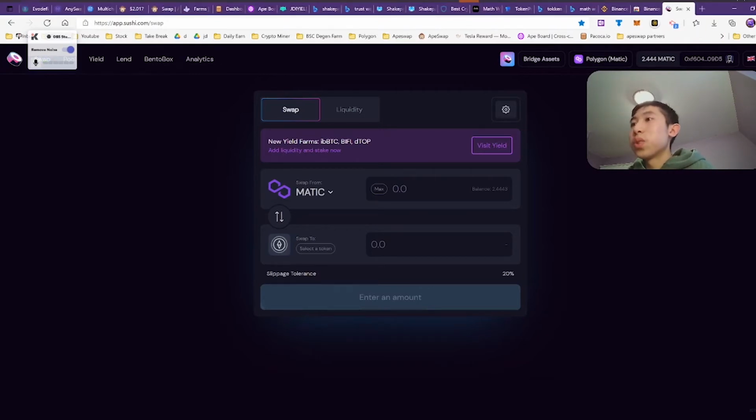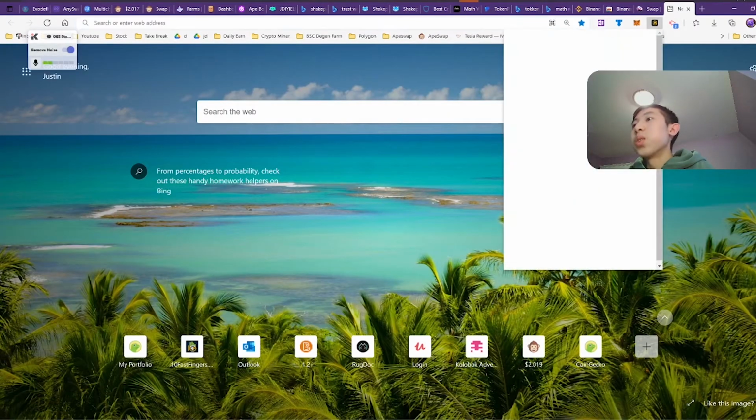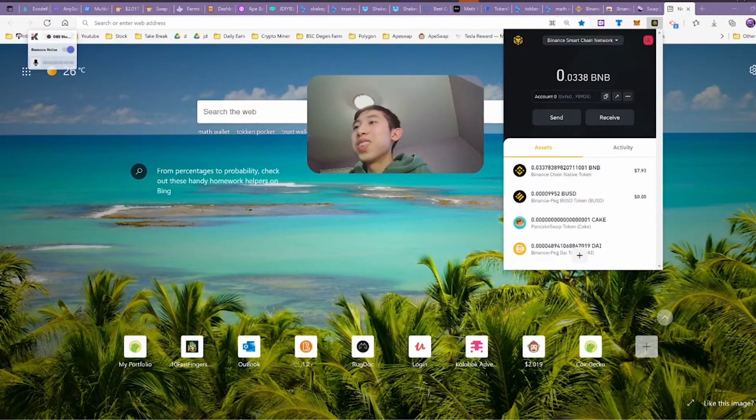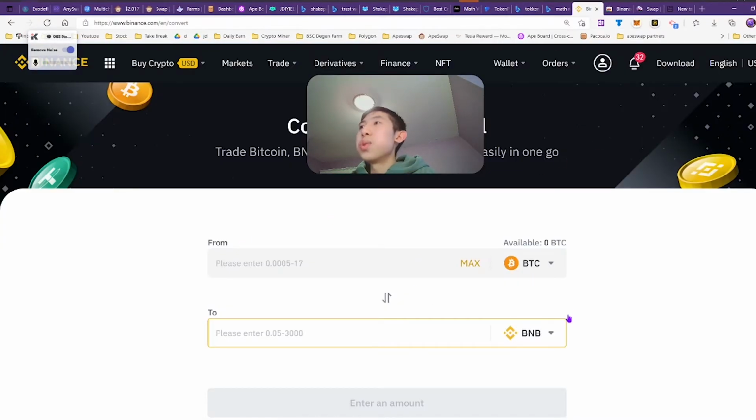The Binance one, you don't have to set up anything except for this part called Wallet Direct. So the Wallet Direct allows you to interact with the exchange. Hopefully you can see. Wallet Direct over here allows you to connect with the Binance exchange directly and pull assets from it. So what you would do, you'll convert. Once you convert to BNB, you can just go over to your extension